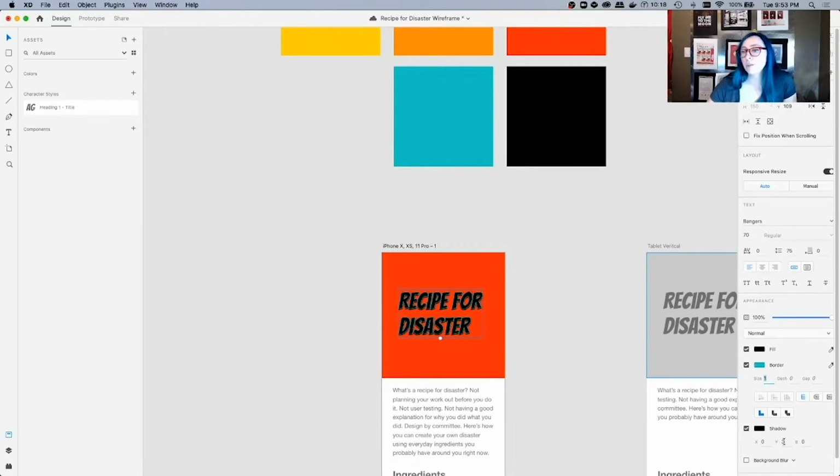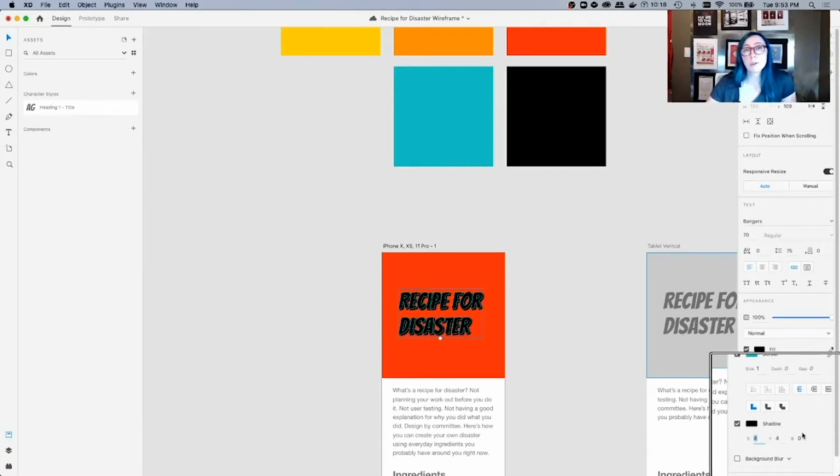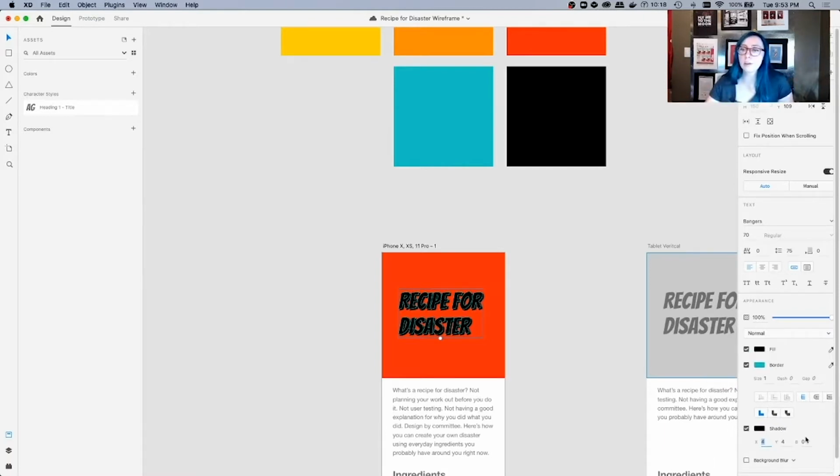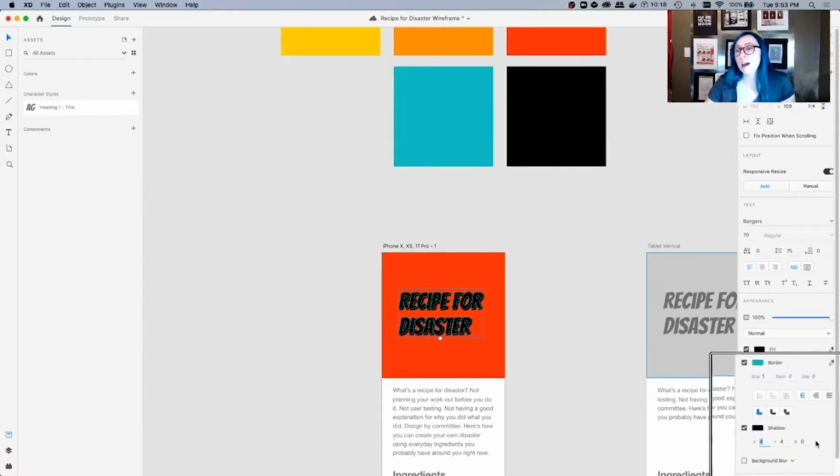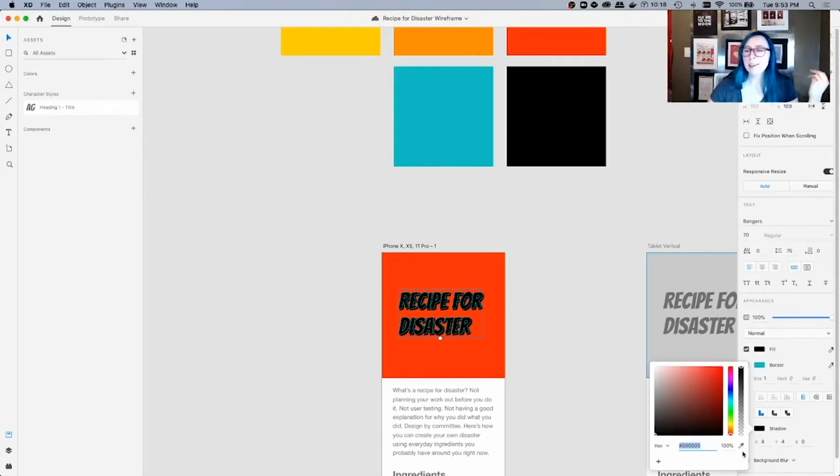We could also increase the shadow, the Y value, by bumping that up or bumping the X value up. Notice how that takes it further out. This is actually the same in CSS. This is very similarly structured. When you go to write the CSS rule, a text shadow rule, it will come in the form of an X value, a Y value, and a blur value. So it's really cool how Adobe XD actually mirrors CSS in that way. So always be thinking of that. Have CSS in the back of your mind. You know, what's it look like?